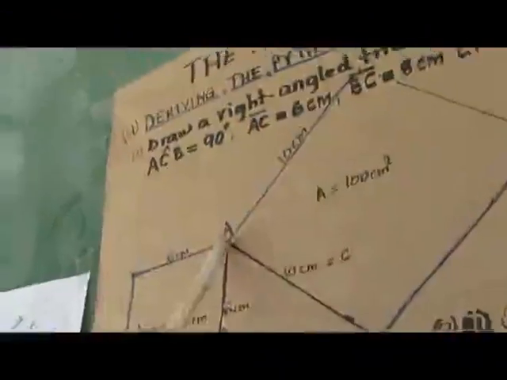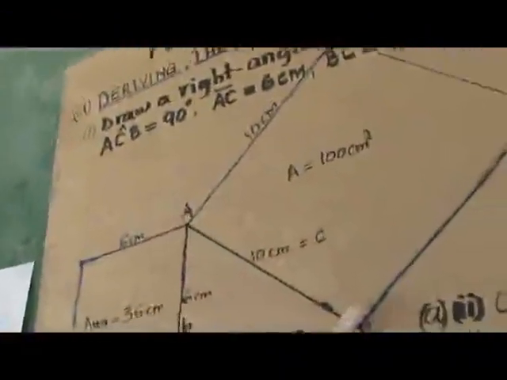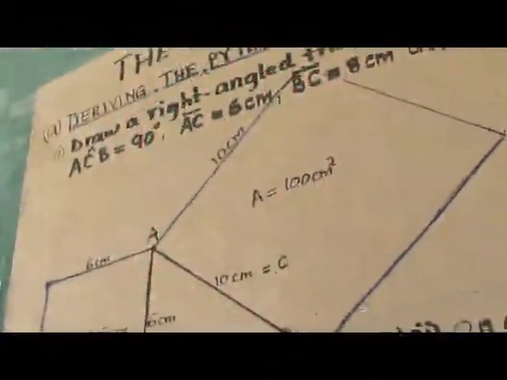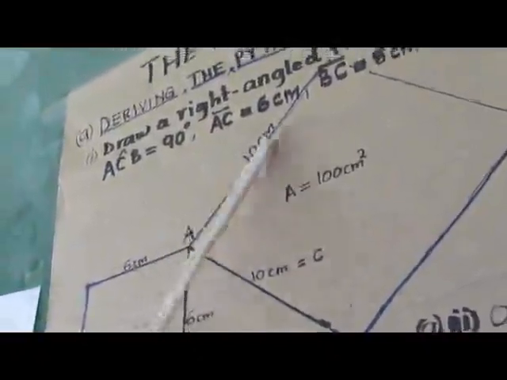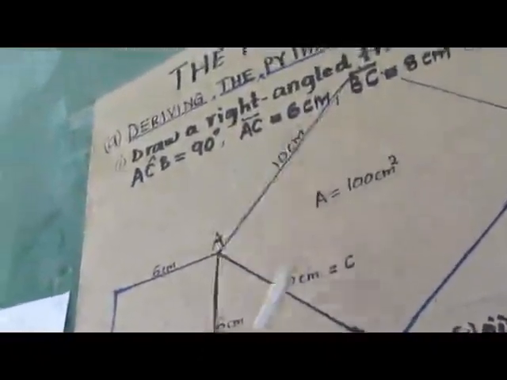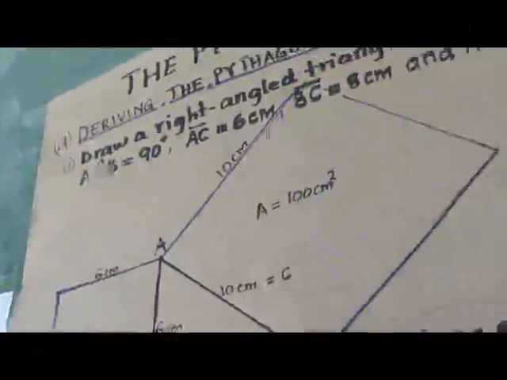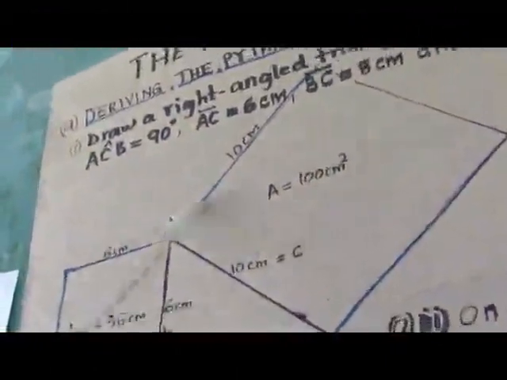Then let us move to the third one here. The square which is formed by using the side AB, which is the hypotenuse. It seems that this square is the largest one compared to these two squares. The size of this square is 10 centimeters by 10 centimeters. So when you find the area of this square, which is equal to length times length, that is 10 times 10, which is equal to 100 centimeters squared.